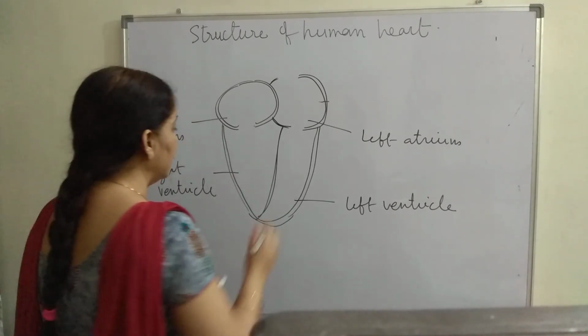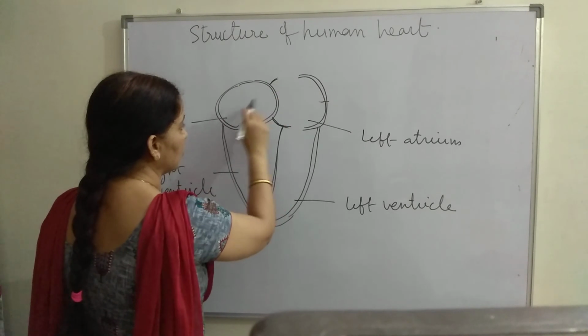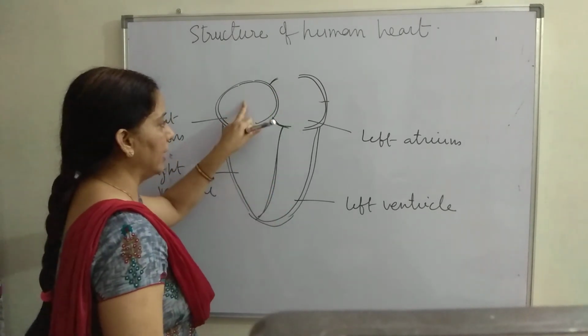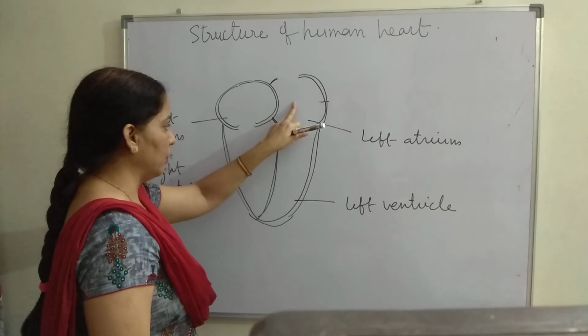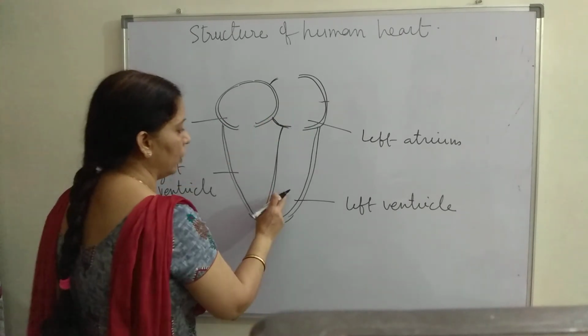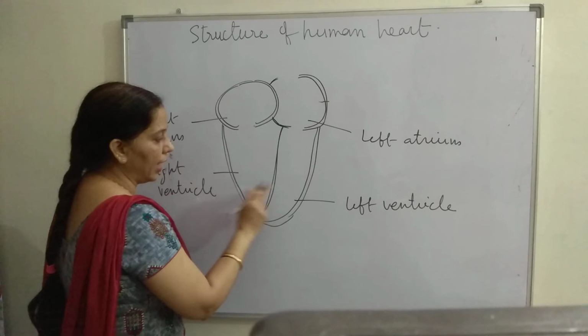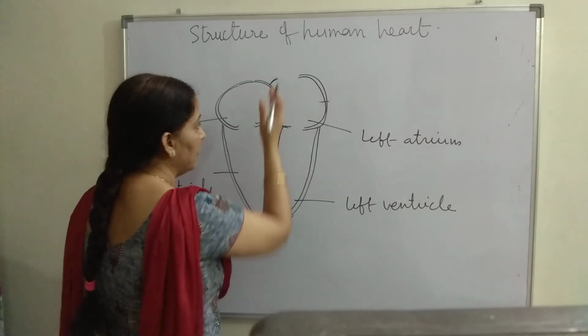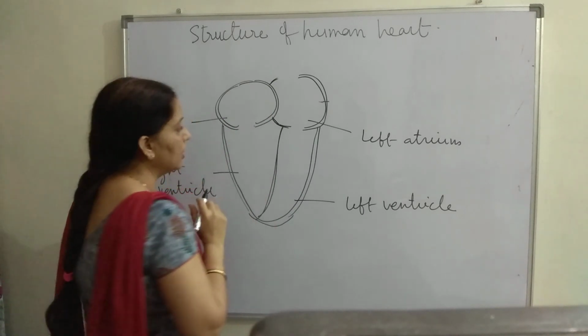Fine. And these are the partition walls between the two atria, but blood cannot go from the left to the right atrium or in the opposite direction. It cannot even flow from the left ventricle to the right or right to left. There is a complete separation of the blood between the left and right chambers of the heart.